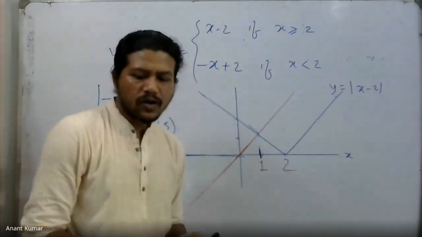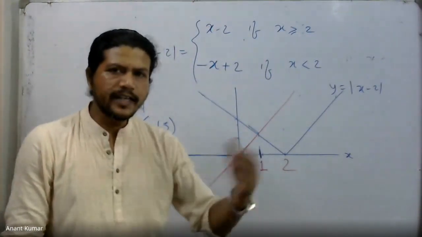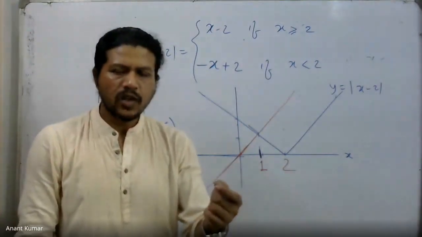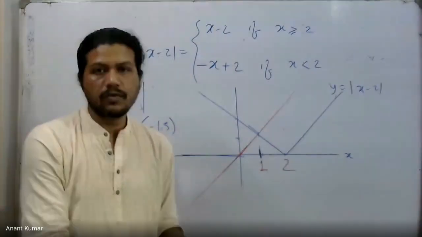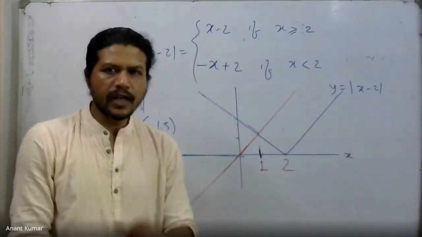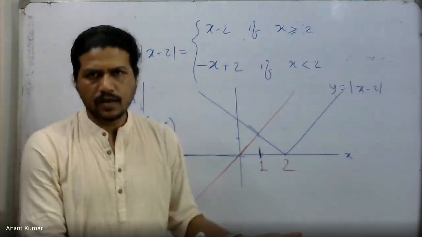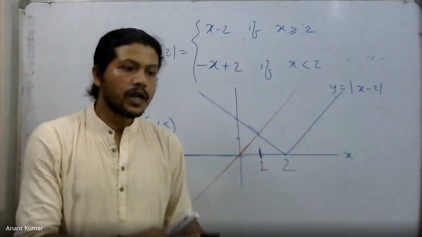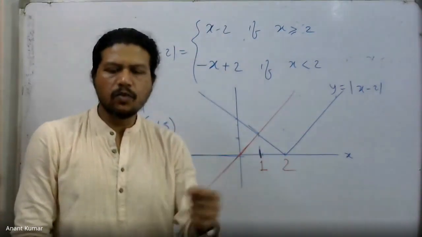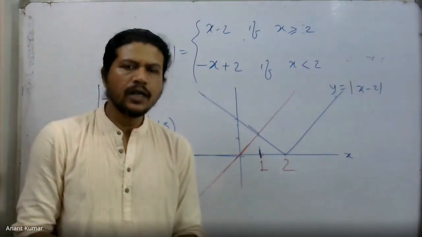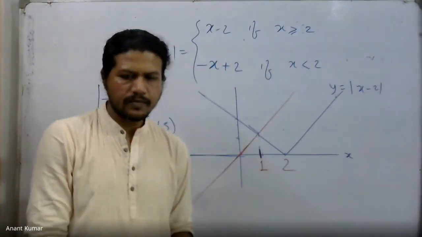Why do I consider the y equal to x line? Because the right side was equal to x. So I have assigned the value of x to the y coordinate. That's why I'm going to take y equal to x. Basically, I'm going to take y equal to LHS as one equation and y equal to RHS as the other equation. And I just need to consider when the y coordinate of the LHS is more than the RHS. So I'm just looking at which graph has a bigger y value.